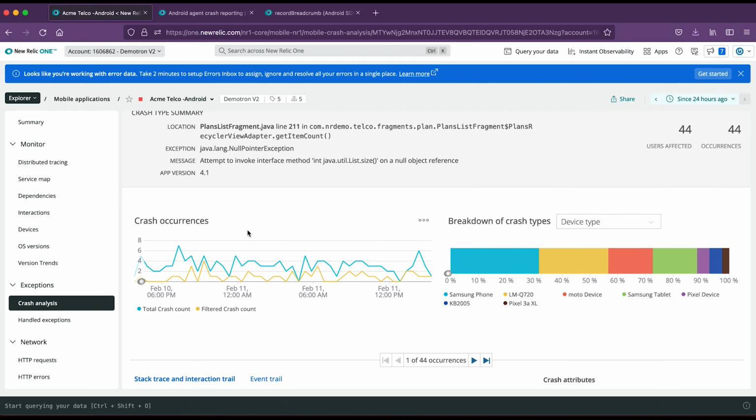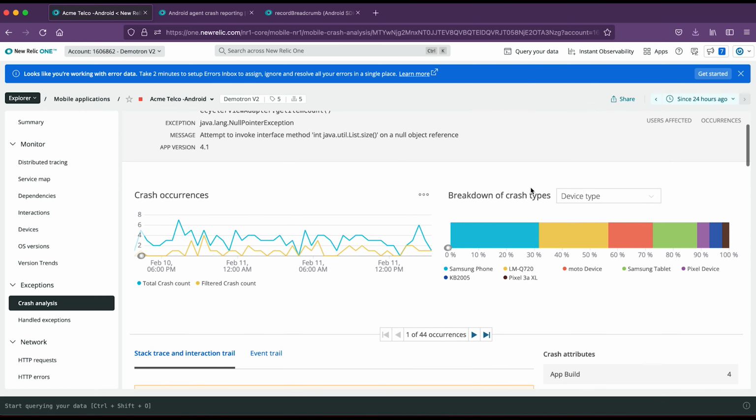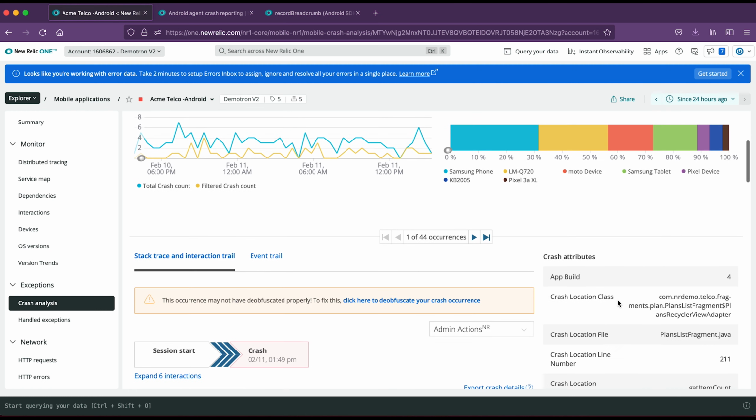If we scroll down, we can see the crash occurrence again, and also a breakdown of the crashes by device, OS version, or device model. This can be really useful because if we see this crash is only happening on, say, one device, it's probably some issue related to the device.